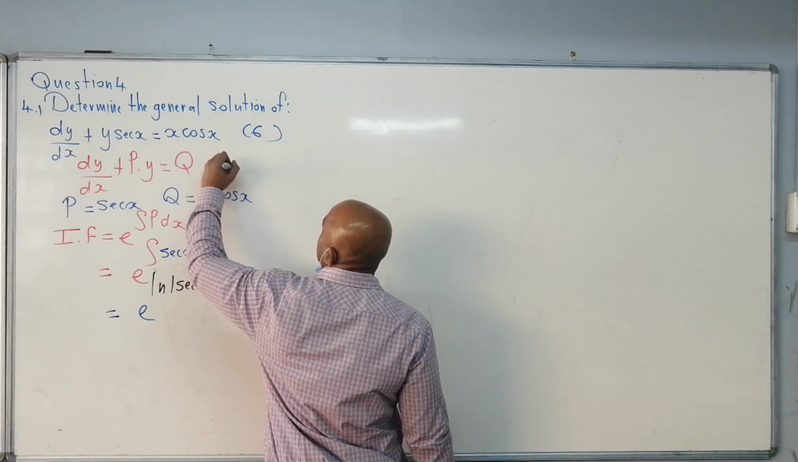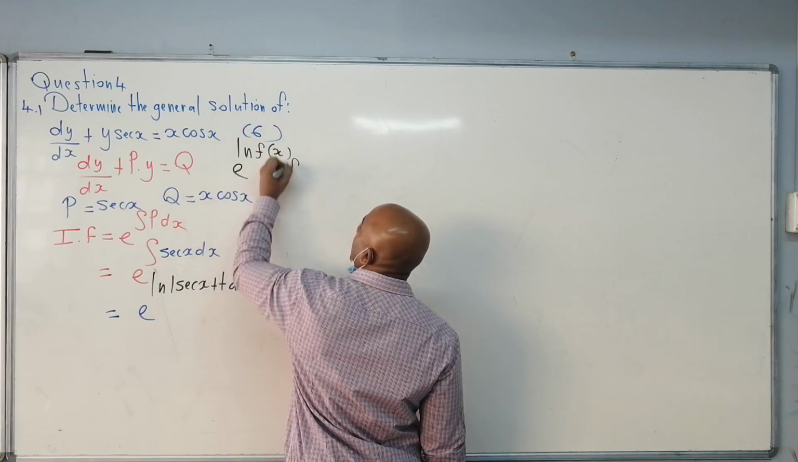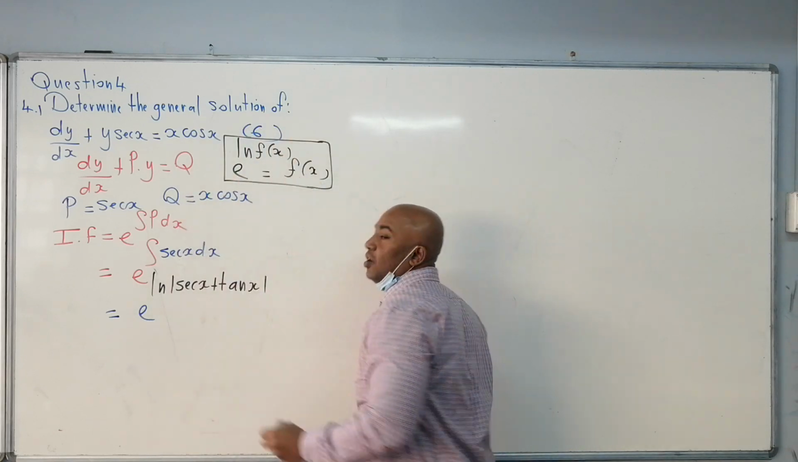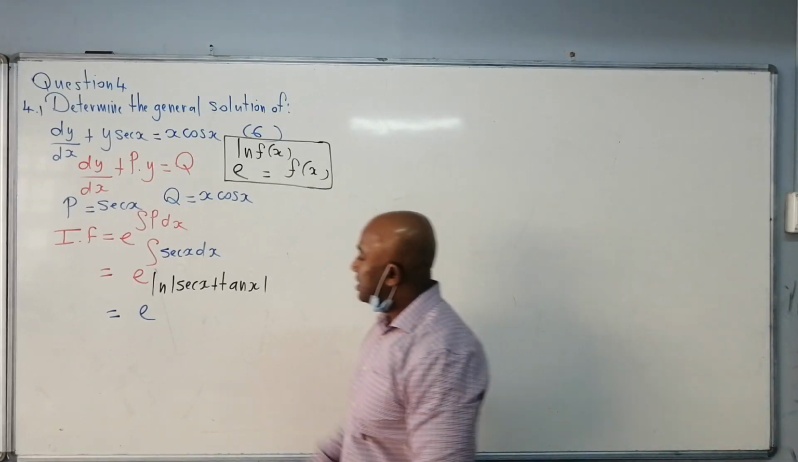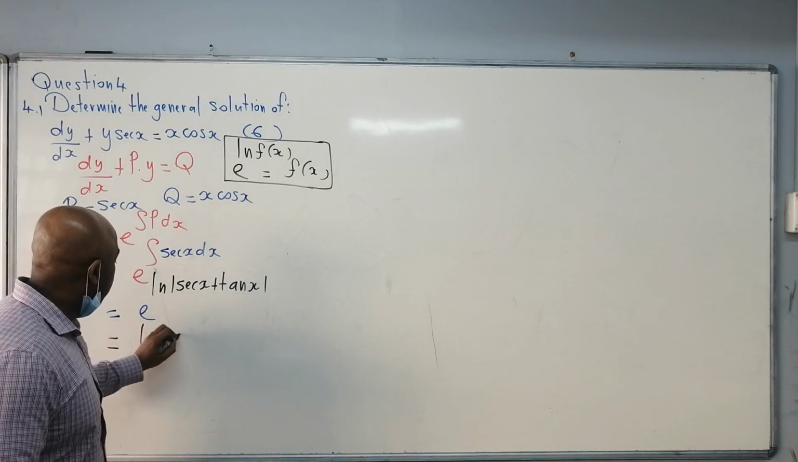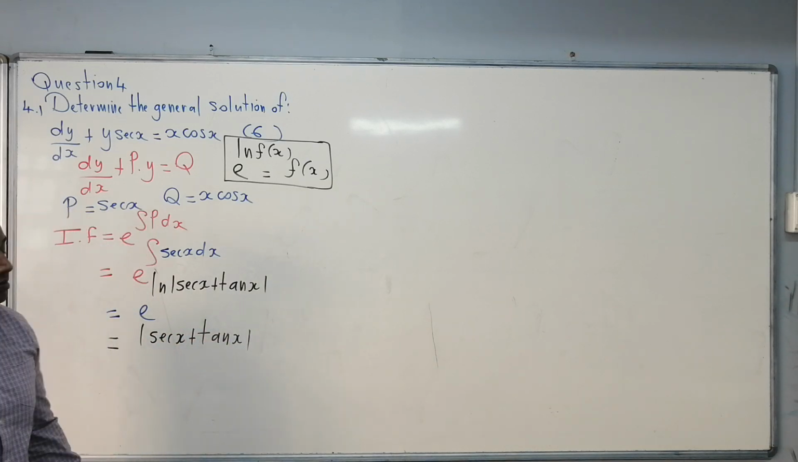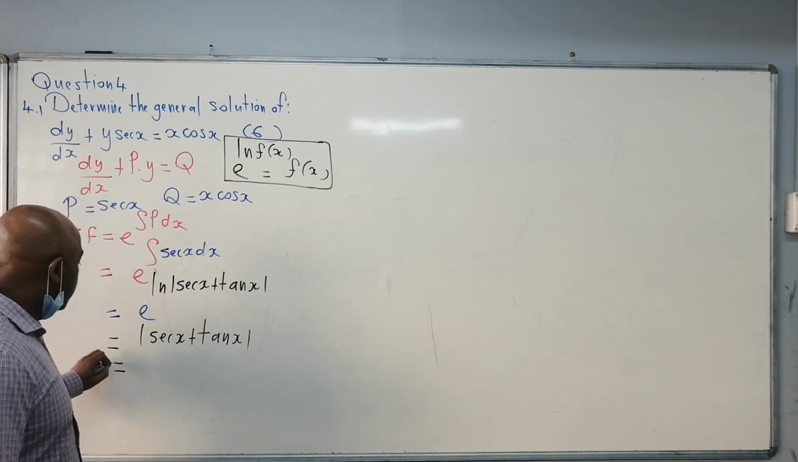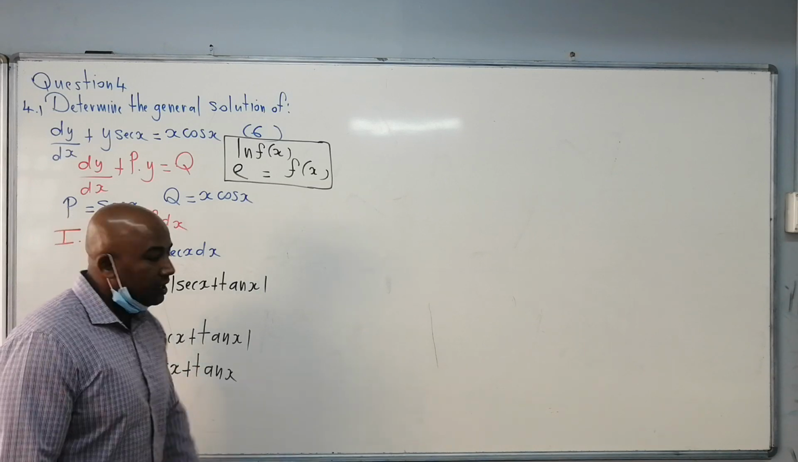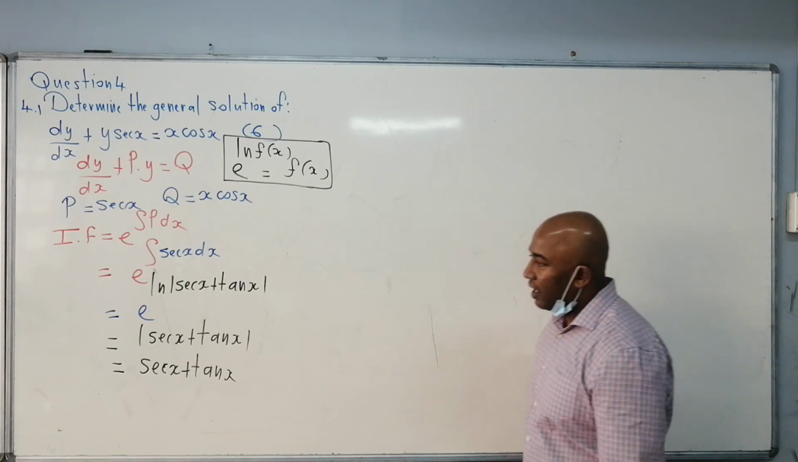Why? Because from your logs, e to the power ln f of x will always equal f of x. This comes from your logs. Okay, that means I can simplify further here. This will equal just the absolute value of sec x plus tan x. That's basically it. We're using the positive, so that's just sec x plus tan x. You don't have to worry about the absolute value, but that is the correct one. Now,